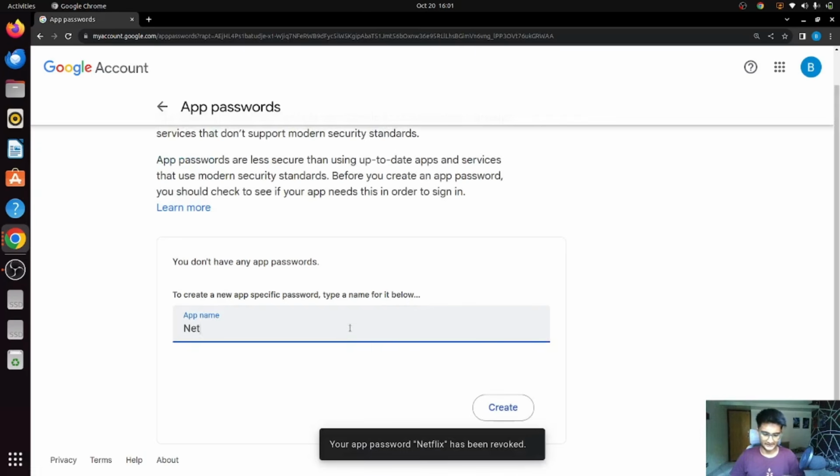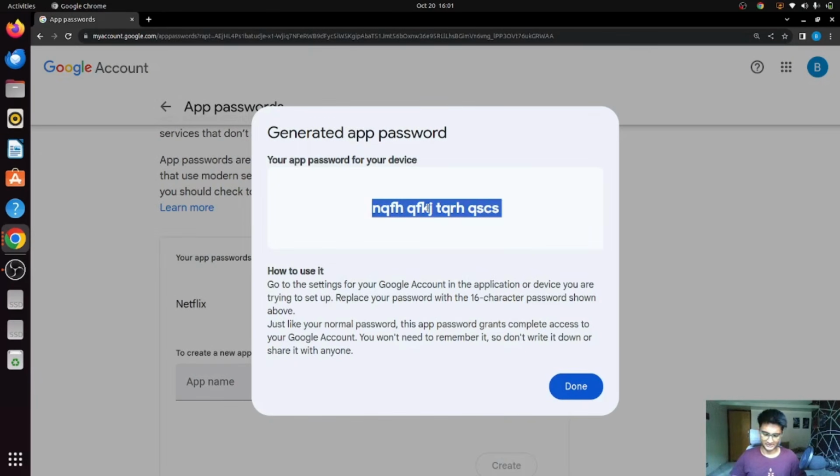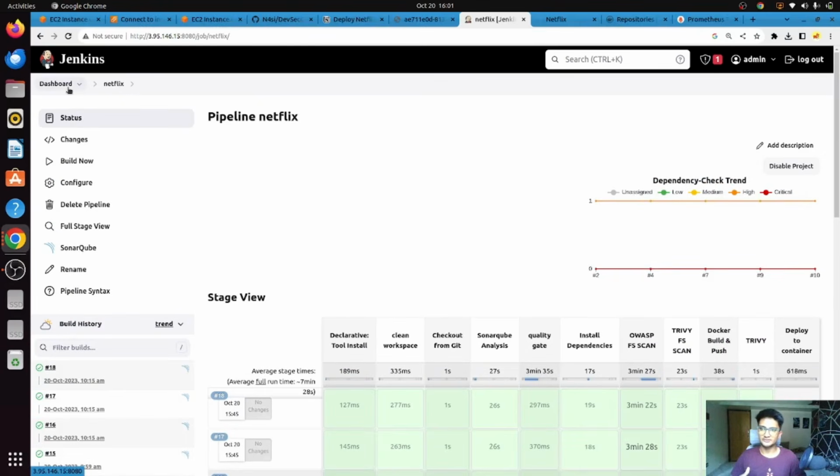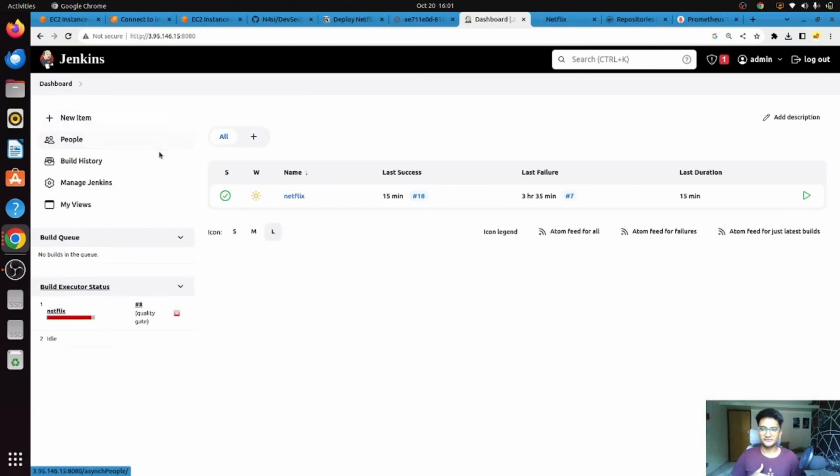Let's name the app as Netflix, and I'm going to click on create. Once I create, this will give me a password, something like this, which is what we are going to use in our Jenkins to send notifications every time a pipeline has been running and we get the reports. So let's go here in the dashboard section. For enabling notification, you need to